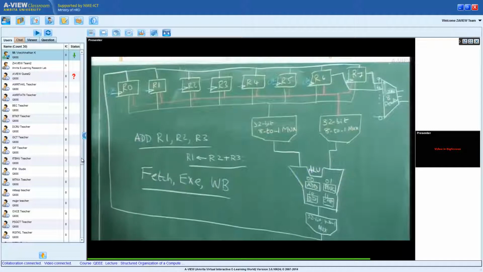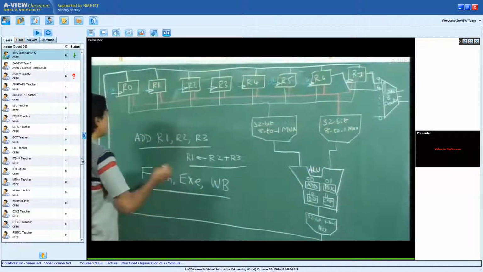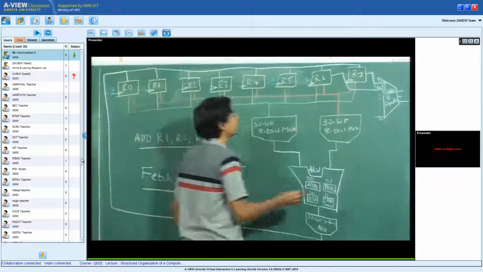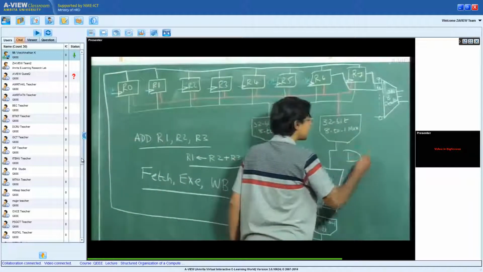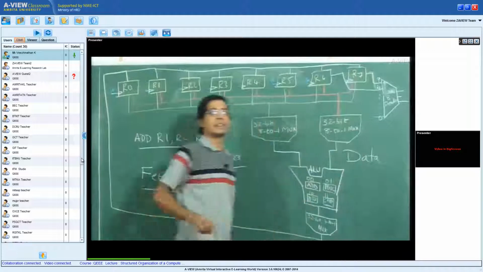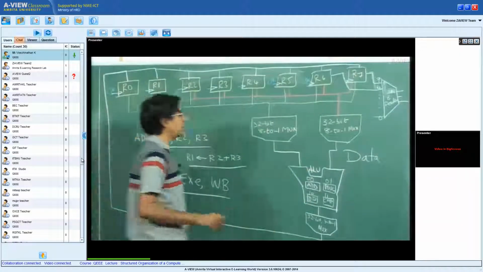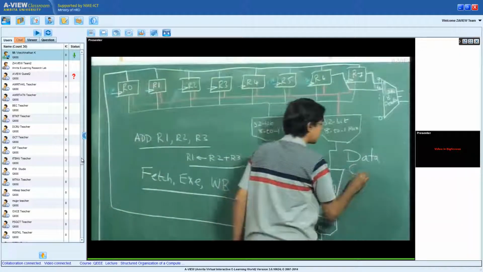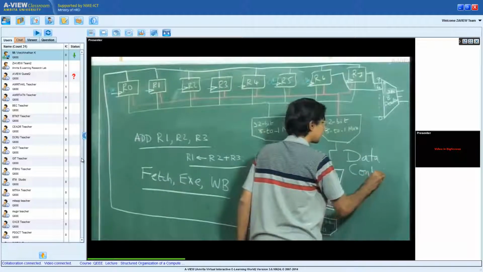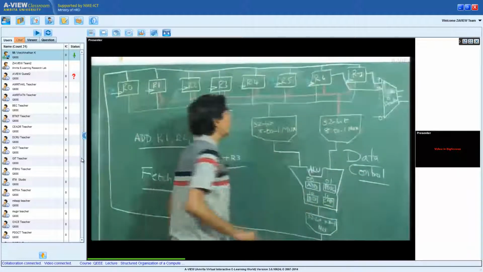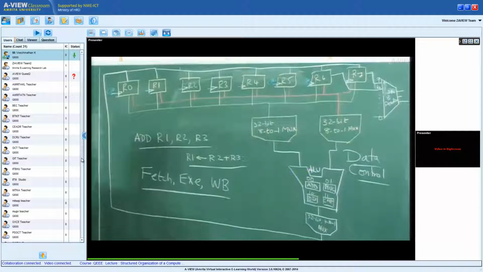So in this micro architecture, there are two parts as we see. One is called the data path, another is called the control path. What I have described now on the board is basically the data path.